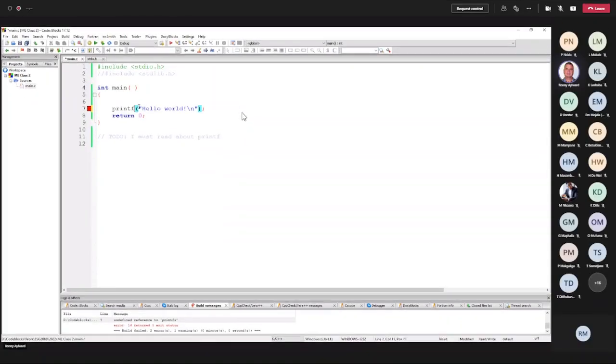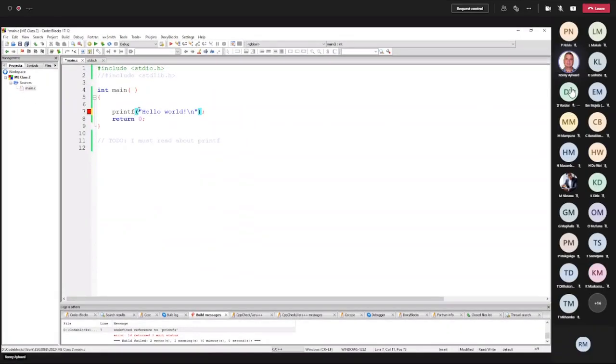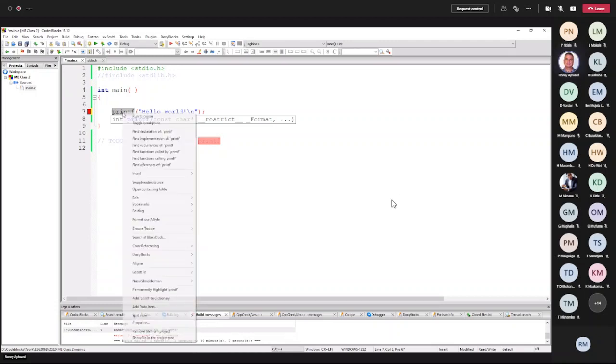Now it might be that you see a function like printf, but you don't know what to include. How will you know what to include? It's very easy. What you are going to do is highlight this printf part. You are either going to say Control-C, or you're going to right-click, go to Edit, and say Copy.